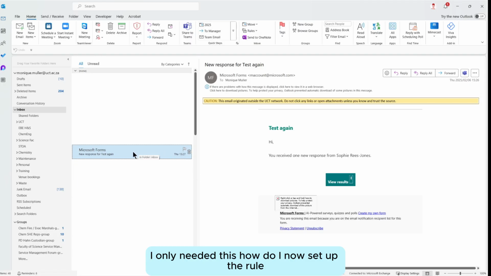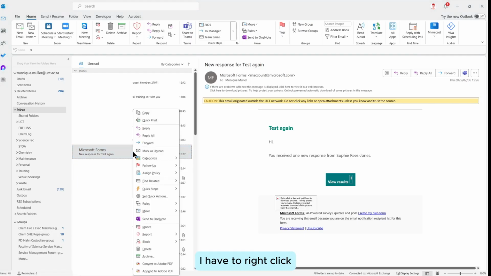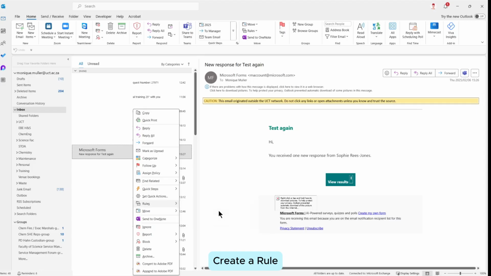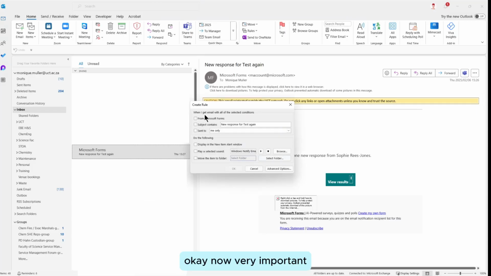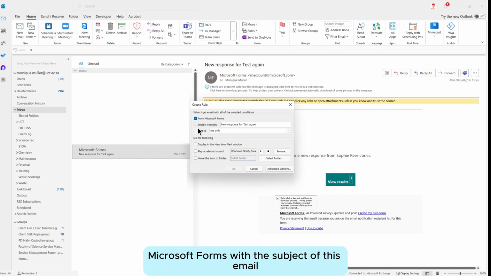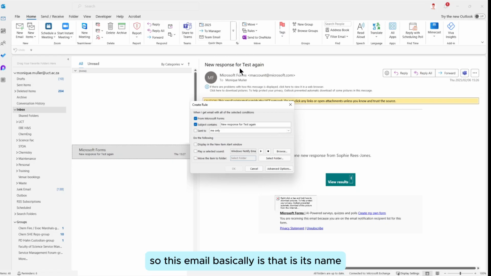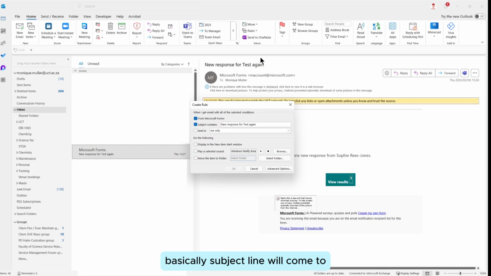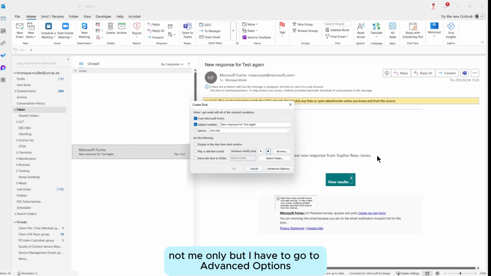How do I now set up the rule? I have to right click, go down to rules, and you will see it opens up this window, create a rule. Okay, now very important, I need to tick everything from Microsoft Forms with the subject of this email. So this email basically is its name. I need to make sure that any responses with this basically subject line will come to not me only, but